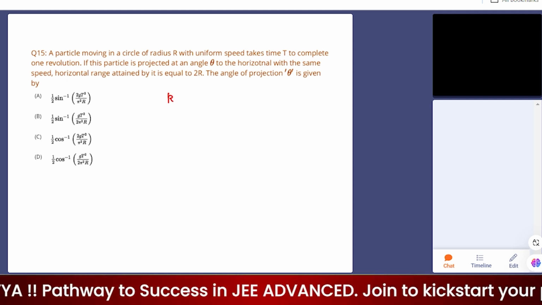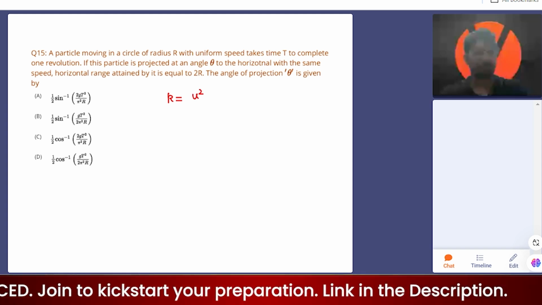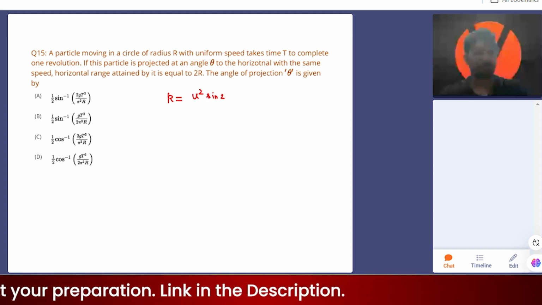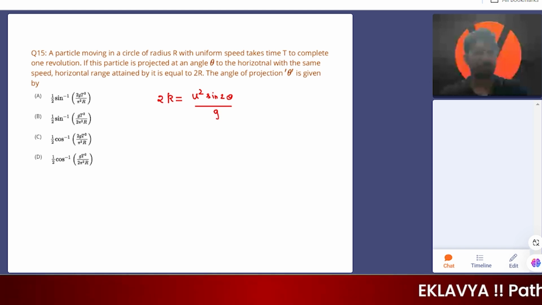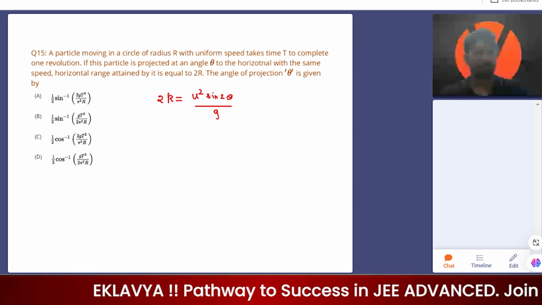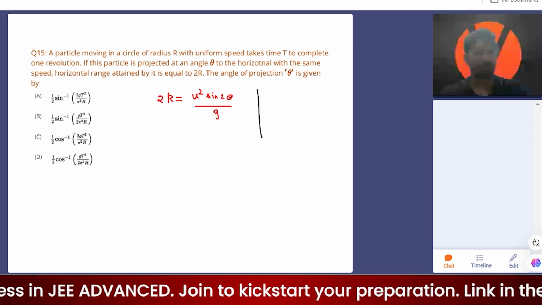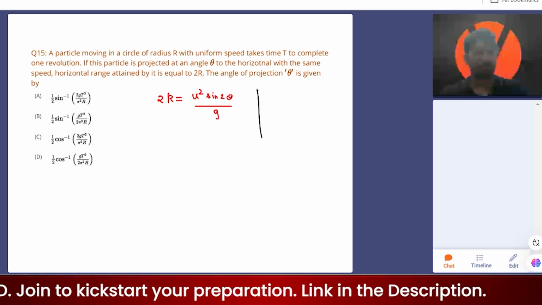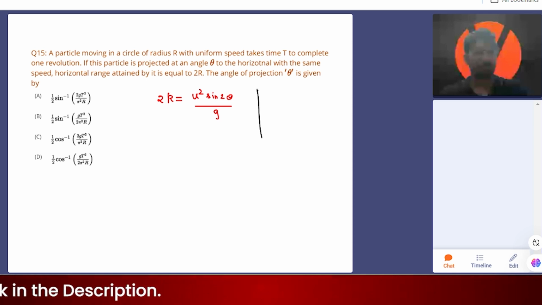For this, first the equation for projectile motion range will be R is equal to u square sine 2 theta by g. Two things are there. We know that the range is 2r as is given in the question. And u value is what we also do not have. Now they said the u is obtained from the circular motion. So we can have the u value